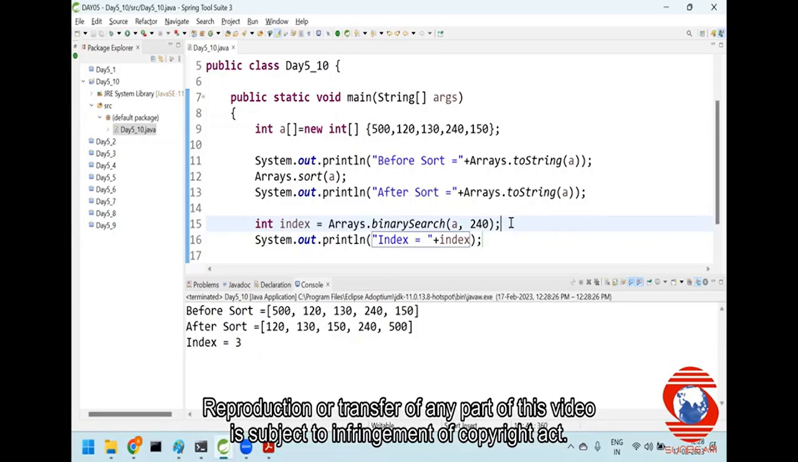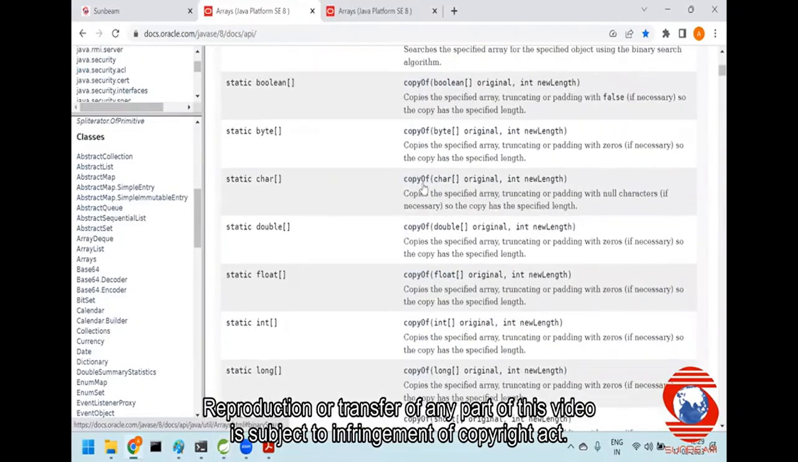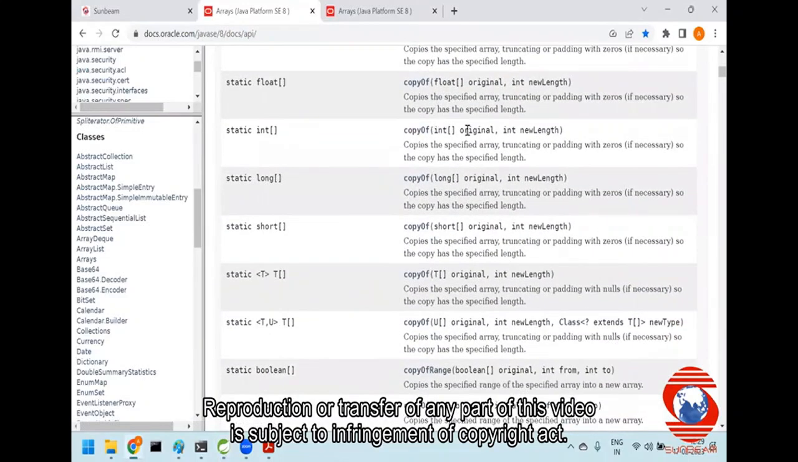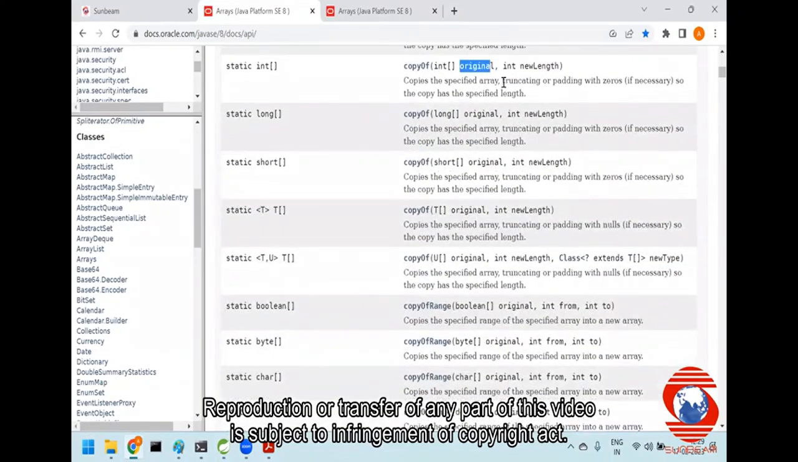Someone is asking, can we sort in descending order? For that, you have to write a logic. Is it okay? All right. Next, there is a method which is copyOf from original to the new length, or maybe you